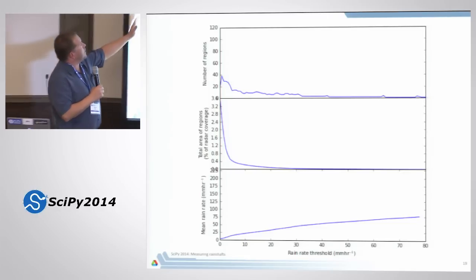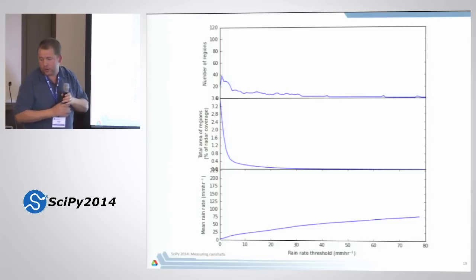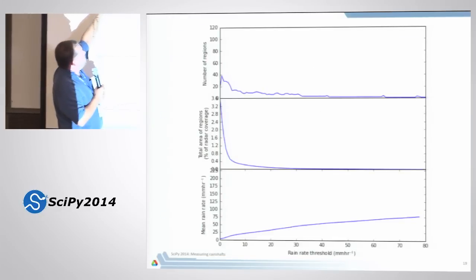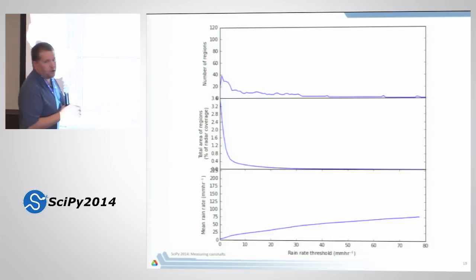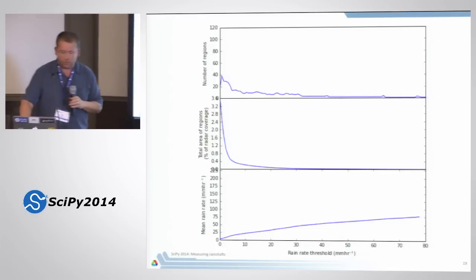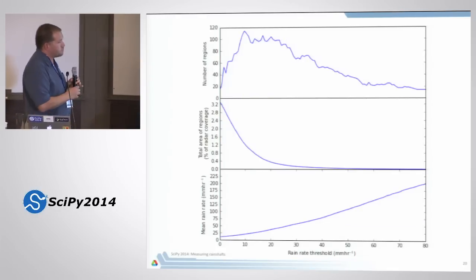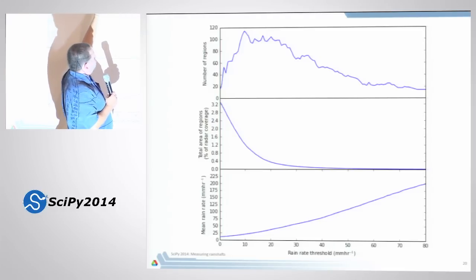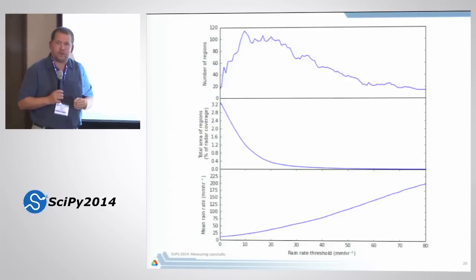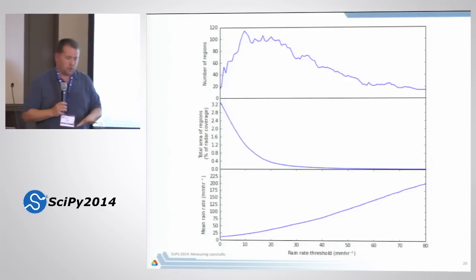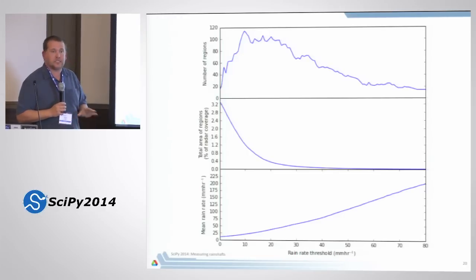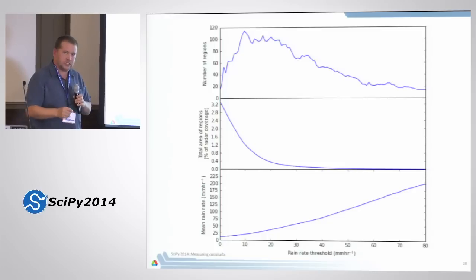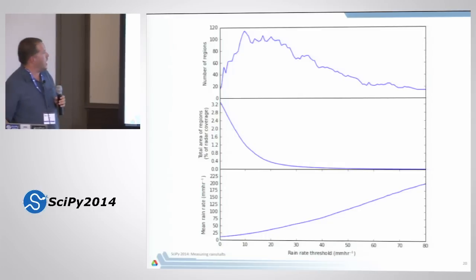So for instance, this is from the C-band radar, from the grid I showed you before. We have our peak number of elements at around 3 or 4 millimeters per hour, basically big, broad rainfall rates. But when we look at our X-band system, we have a lot more image complexity in there, many, many more points and blobs, and actually out at higher rain rate thresholds. The thing about rain rate is if you have an areal average, it doesn't necessarily sum linearly. If you have one heavy rain shaft, it can have more influence on that grid average.